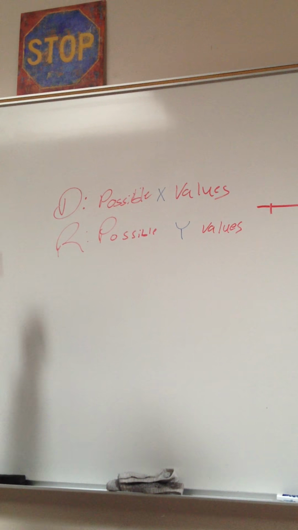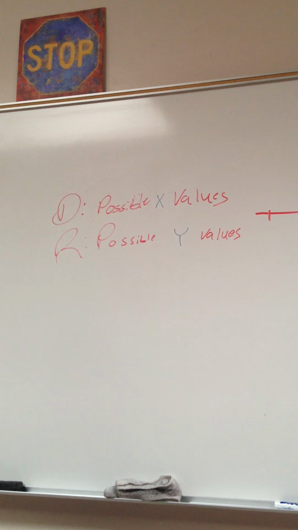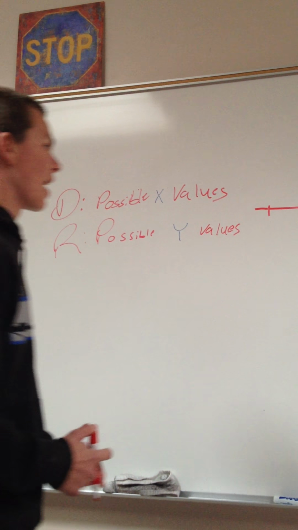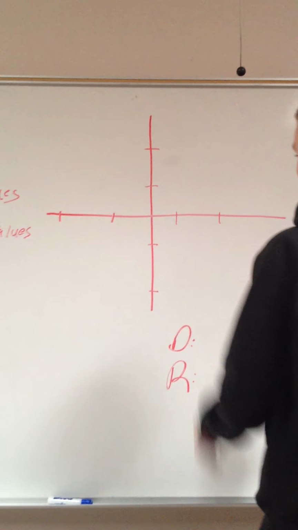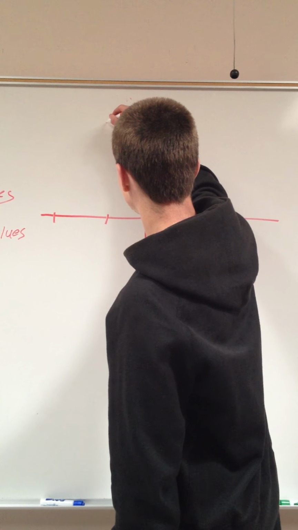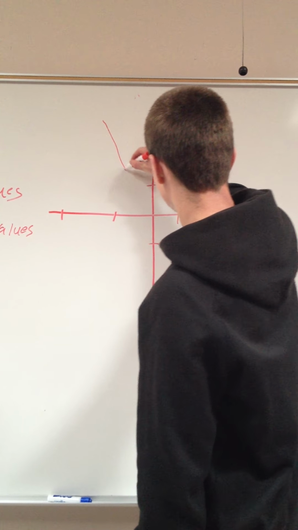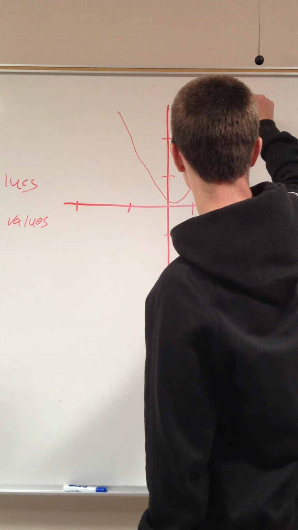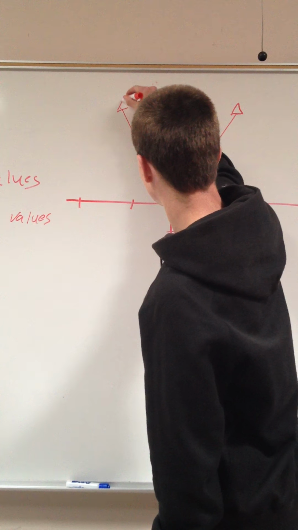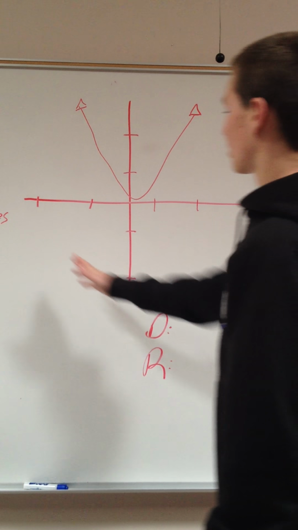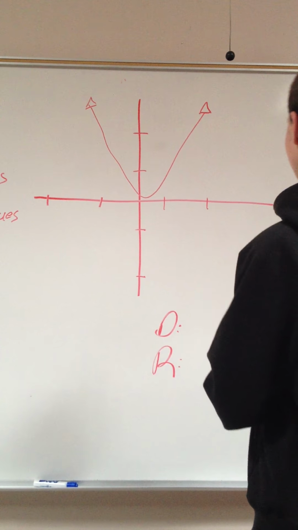So domain is all the possible x values, and range is all the possible y values on a graph and an equation. And so on the graph here, let's say we have a parabola that looks like this. Then to find the domain, we look on the x-axis